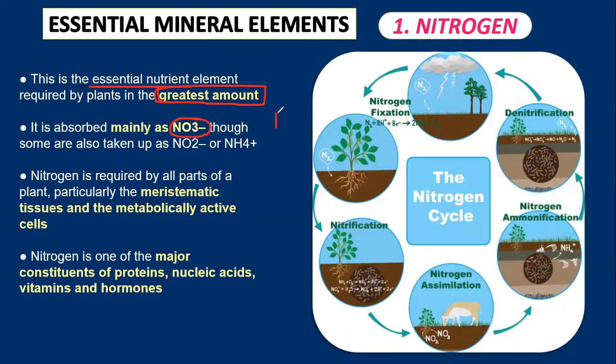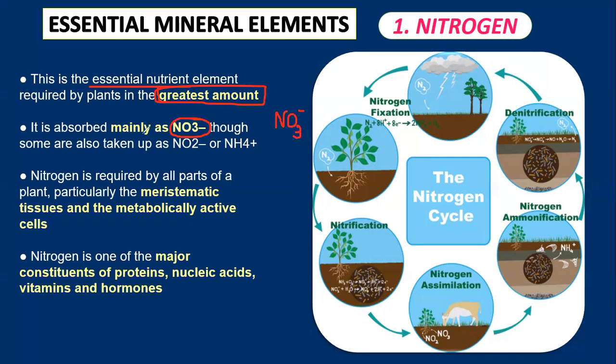In the 2018 NEET exam, there was a question on the form in which iron is absorbed. In the textbook, they mention it is mainly absorbed in the form of ferric ion, Fe3 plus, and it is also absorbed as Fe2 plus ions. In the examination, they gave the options ferric ion, ferrous ion, both ferric and ferrous ion, and none of these. Most students went with both ferric and ferrous, since both were mentioned in the NCERT. But read the question carefully: plants mainly absorb iron in the form of.